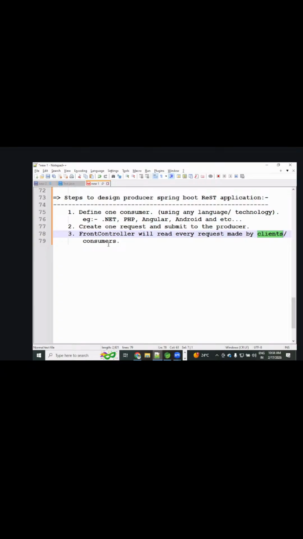Or consumer, which you can use in a mobile app too. Okay, that is it. What will the front controller read? Every request made by clients or consumers. Okay.